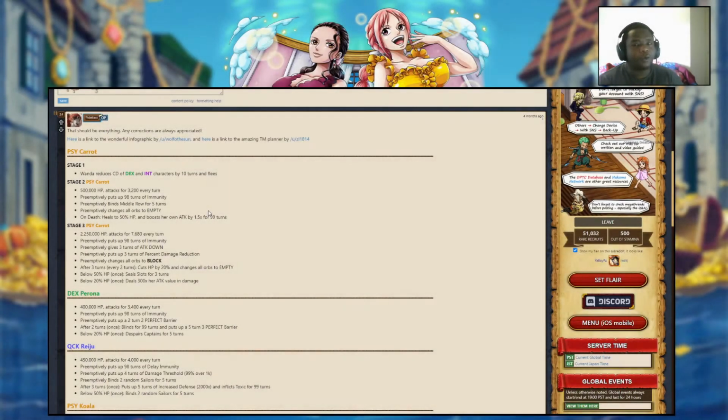Poizesto back with some more One Piece. Going to be going through Rebecca and Viola treasure map. Going to be showing you guys my teams, what I'm using, potential options for you guys if you're looking for